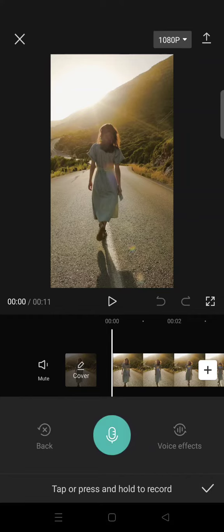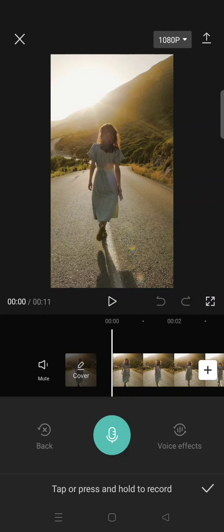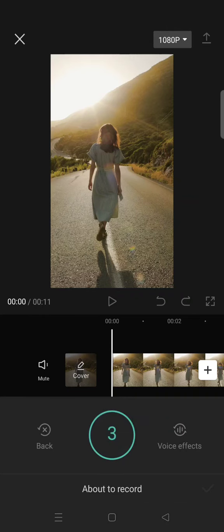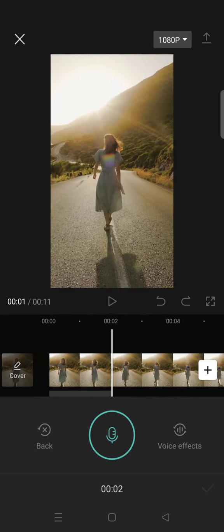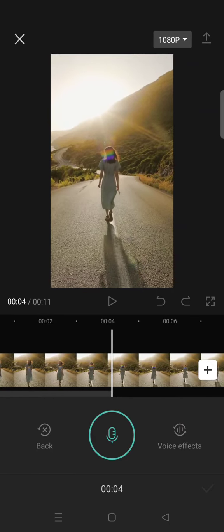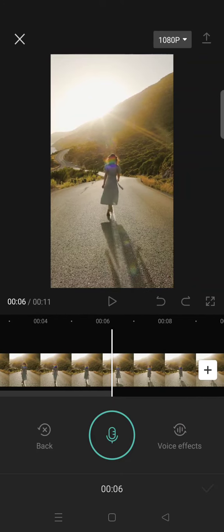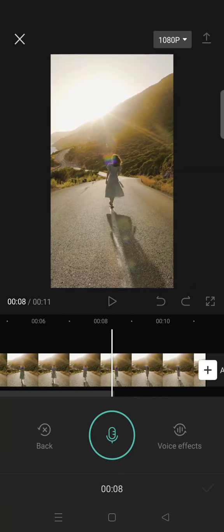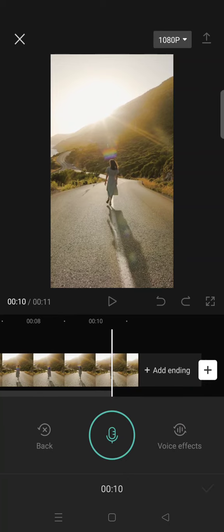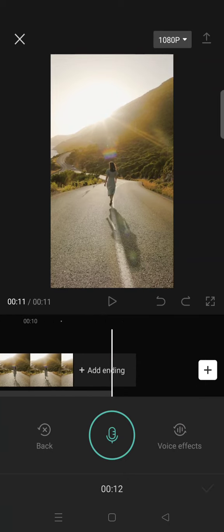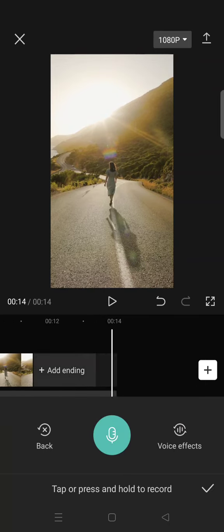Just click on the screen button right here and it will come down and you can just start talking to the microphone and it will be recorded and added to the video that you add to CapCut. To stop, just click on the green button again, then click on the check icon and the recording will be saved,